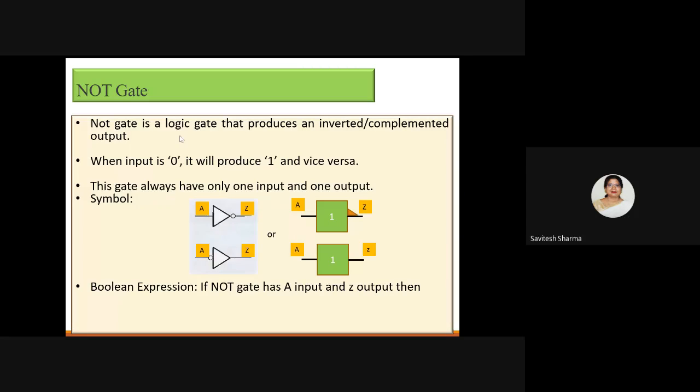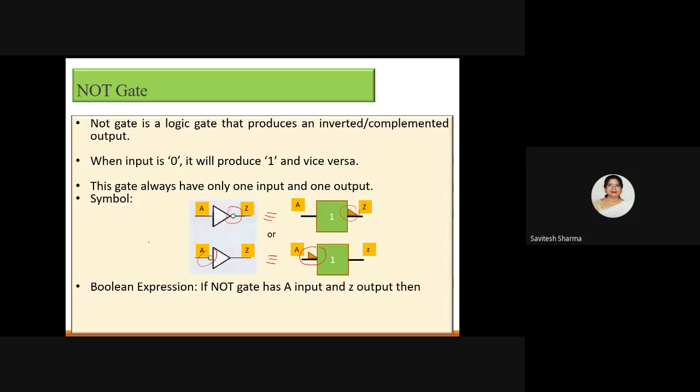Okay, sorry, I forgot that triangles will represent your bubble. If you are showing the rectangle, this triangle will be there. That triangle will indicate the inversion. So if you want to represent this symbol, it is equivalent to this, and this symbol is equivalent to this. So the triangle will indicate the nature of the inversion. Here the bubble will indicate the nature of the inversion.